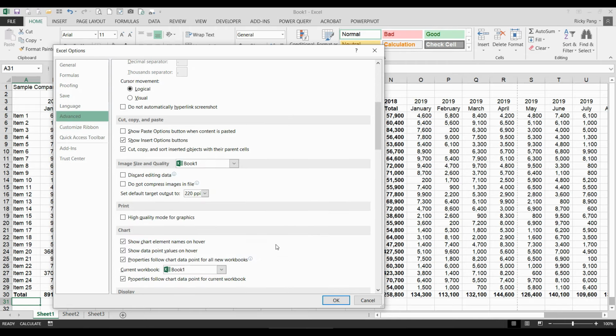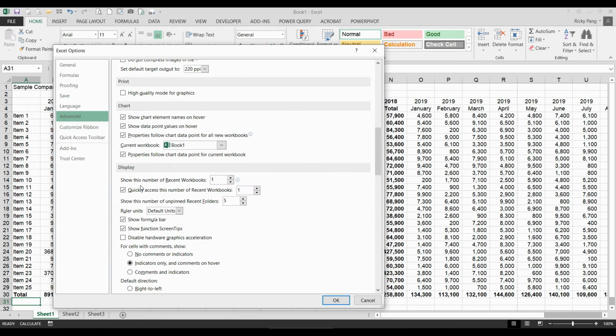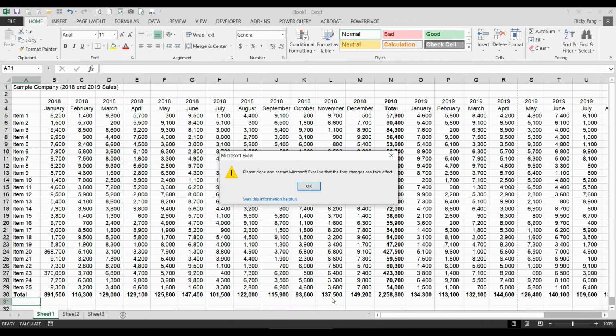Advanced. Scroll down. Show this number of recent workbooks, 13. Quick access, 8. Disable hardware graphics acceleration. Check this for slower PCs or if the text becomes blurry on your screen. Click OK. Now, before we restart Excel,